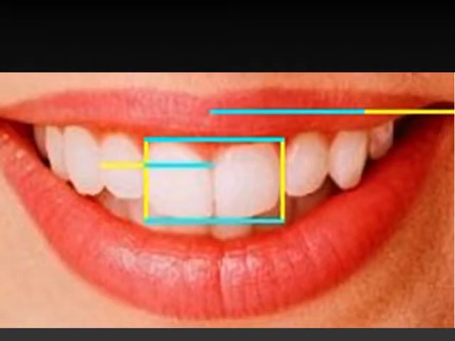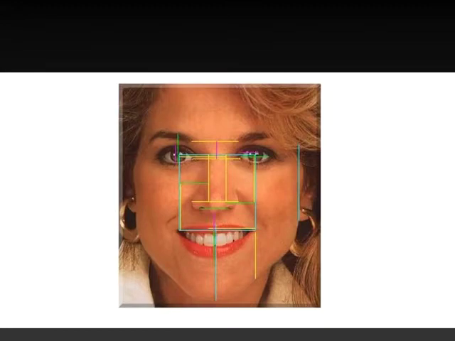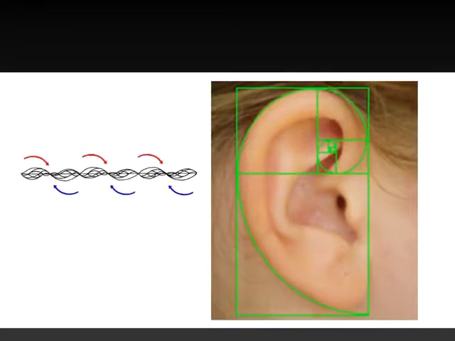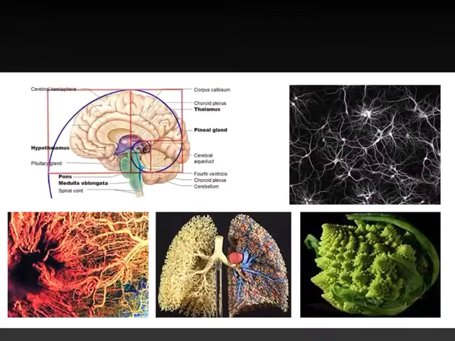Ever wonder why your two front teeth are so much bigger? Golden ratio. The pupils of your eyes, I mean, you name it, your whole body is a symphony of the golden ratio. In fact, as you are listening to this video, the sound waves are passing through your ear in a perfect golden spiral. Scientists have discovered that the golden ratio pattern is necessary for the human brain, the neural system, our sense organs, and our lung system.